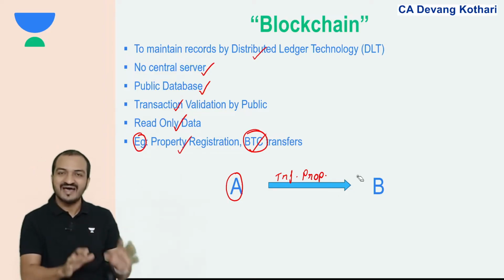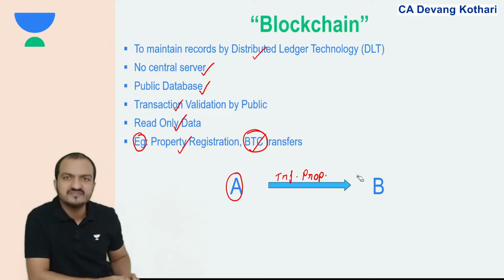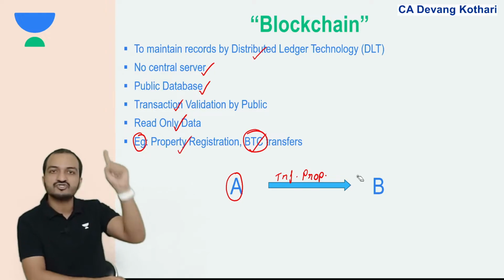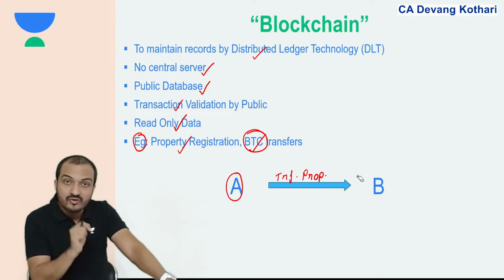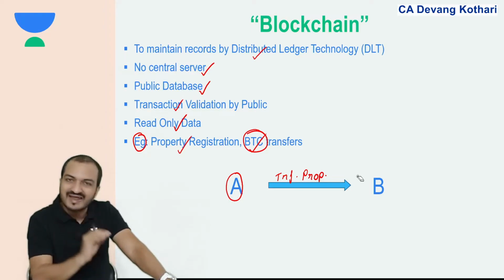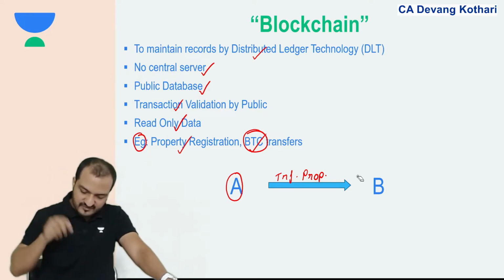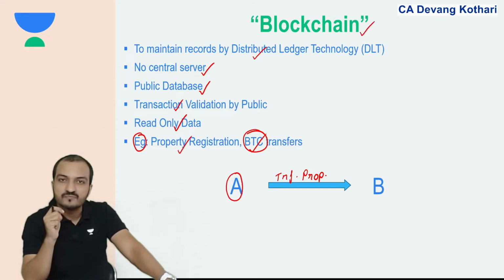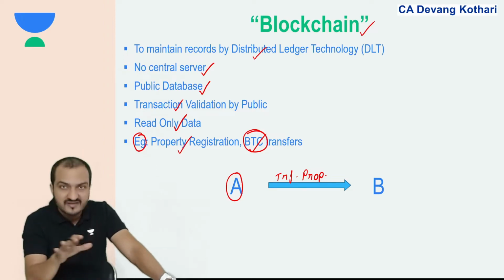Now this is happening in terms of the normal recording system in which this transaction gets saved in the central server of the property registrar. So who can access this transaction? Only the members of the registrar, meaning only the officer of the registrar can access these transactions. However, if that same transaction is recorded under blockchain, then think, in that case, there is no central server, there is no central property registrar.